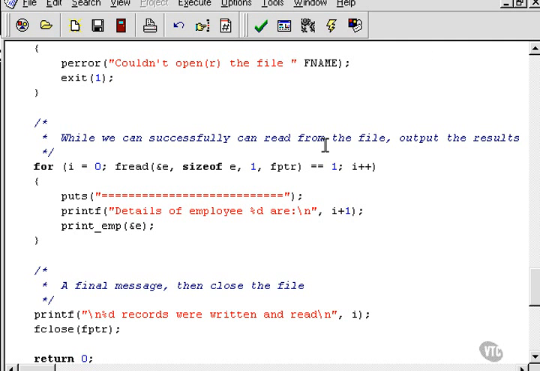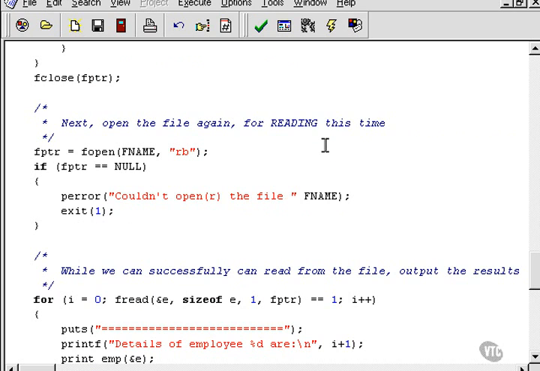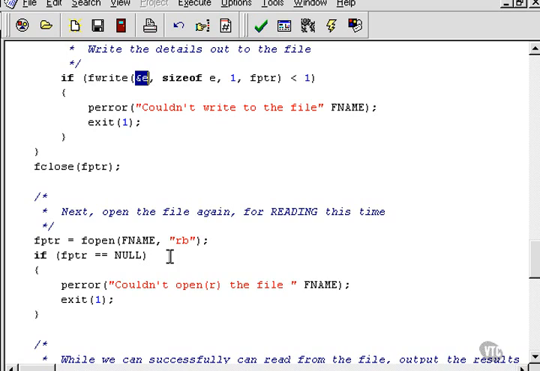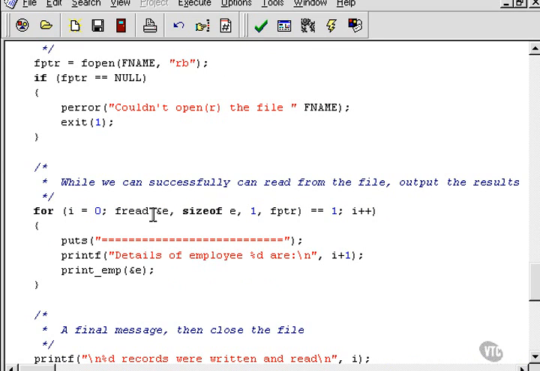So what you can take away from this particular exercise is the fact that it is quite possible to write out one structure or an array of structures as a block out to a binary file. And then again, you can read them back in again exactly the same way. So it's a really useful way to store data that you've got in your program. So we've seen text files being written to and then read, and we've seen binary files being written to and then read. So that is a pretty good synopsis of